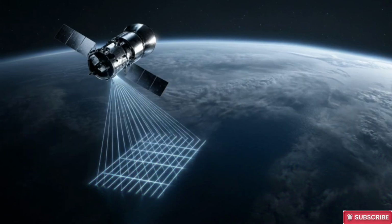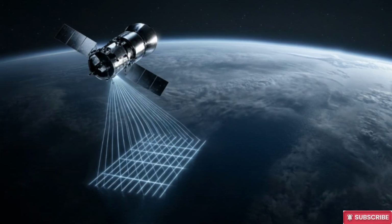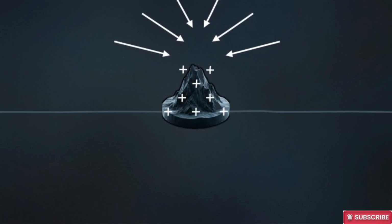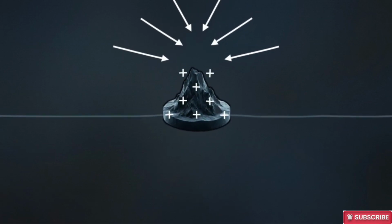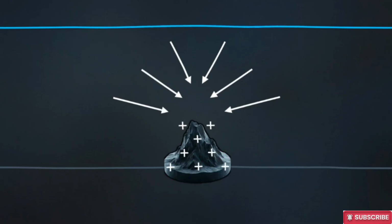Since radar beams bounce harmlessly off water, satellites orbiting the Earth have to map the bottom of the ocean by staring exactly at the surface. They do this by bouncing signals down to the water to measure its exact height. And water, it turns out, does not sit perfectly flat. Massive underwater features, like towering seamounts, carry a tremendous amount of mass. That mass exerts a slight gravitational pull, drawing the surrounding water toward it and creating a tiny, persistent bulge right